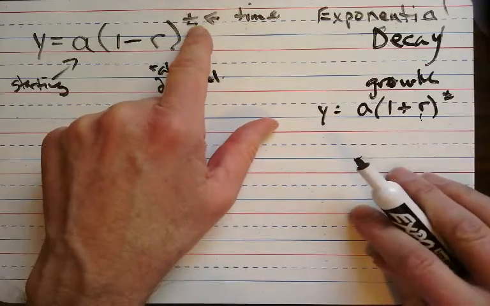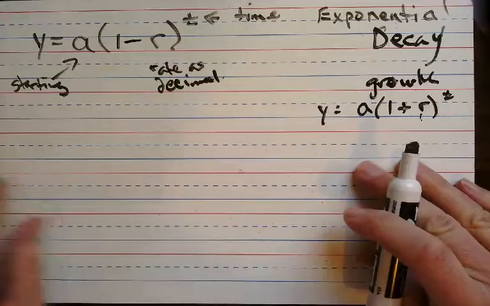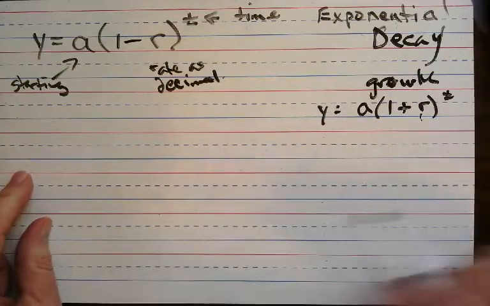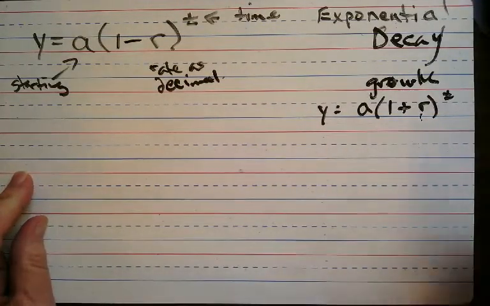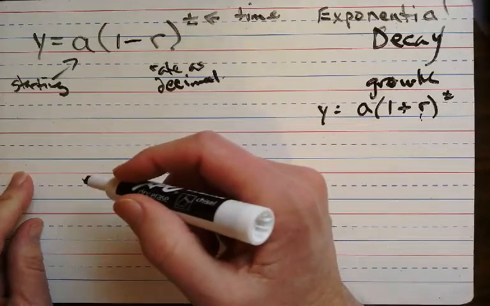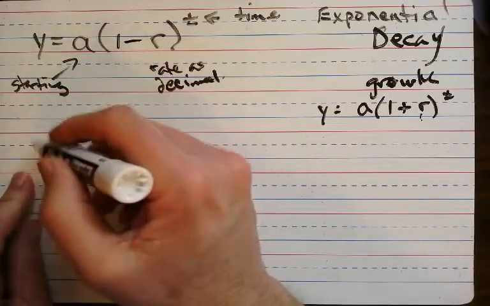Yesterday, on the growth one, we did something growing in years. Today we're going to do something decaying, getting smaller. So here, let's do one. Let's write the word problem. So, let's say